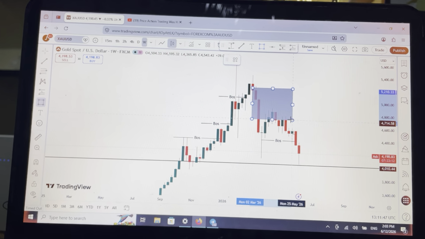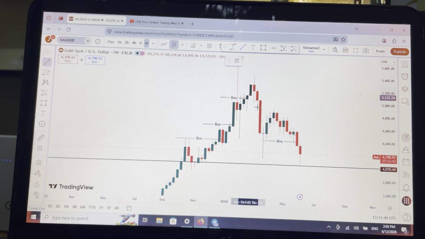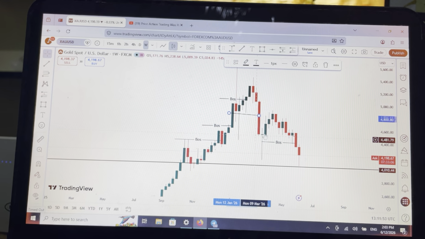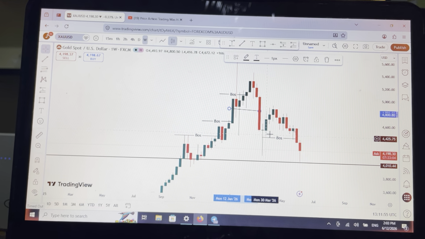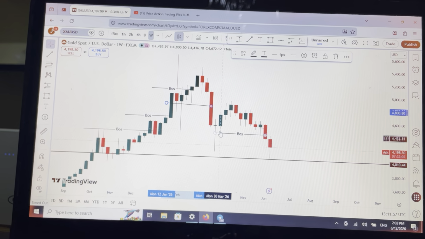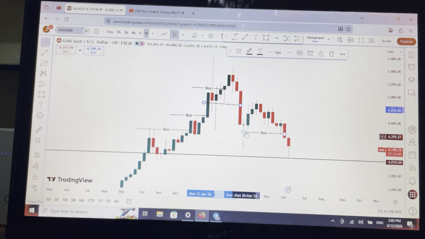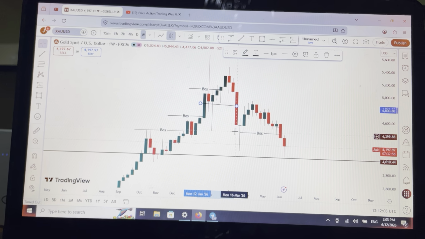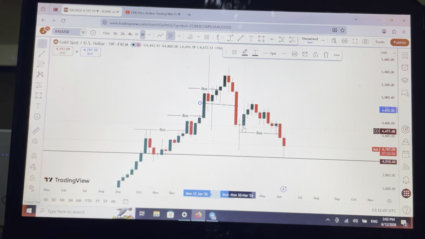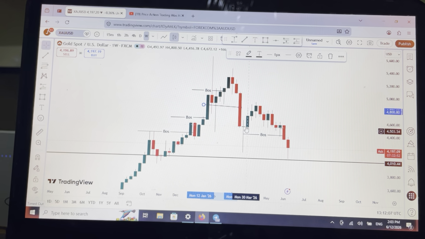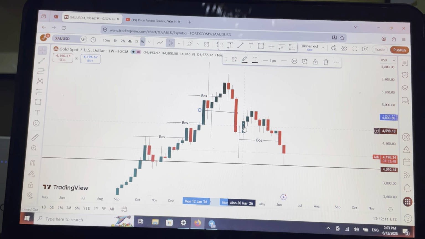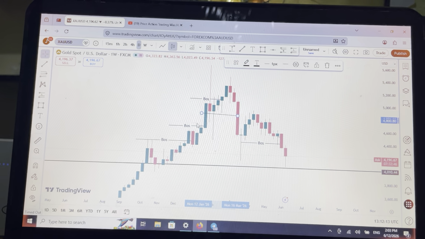You see, when price gave a market structure shift around this level, and when we check on the 4 hours and weekly time frame, we were expecting price to grab liquidity again around here before pushing to the upside, but price did not give the grab of liquidity here. So consider this a market structure shift. We'll be waiting for the daily time frame to give it.